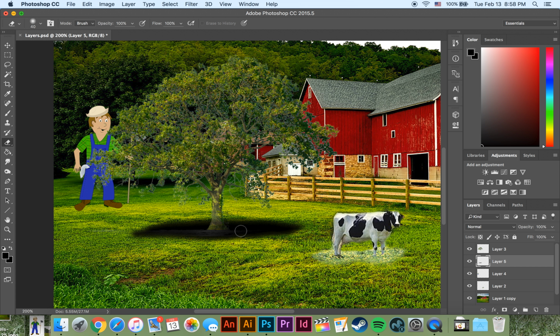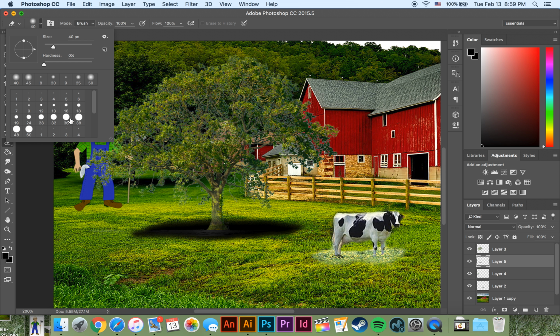So yeah, we got a dumb little farm here, and you're probably saying to yourself, Charlie, this shadow is much too dark. What should we do about that? Well, actually, there's two ways you can change your brush's opacity. The first way is by just